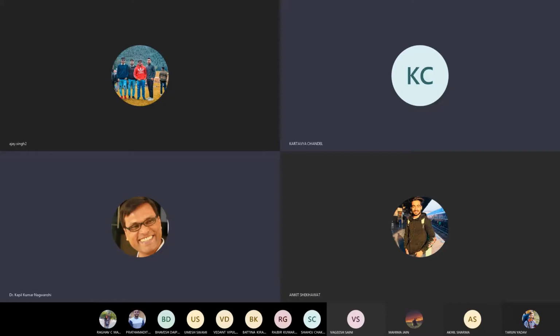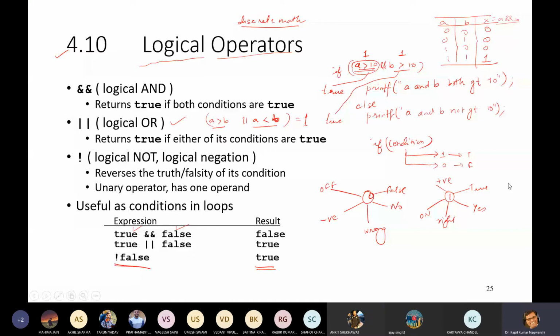So, logical operators. I had given a program to the students today to write a program for calculating the power x to the power y. A student has written x to the power y like this. Do you know what this means? This is a logical statement, and it is exclusive or actually. Whenever this type of thing occurs, then try to solve the problem.